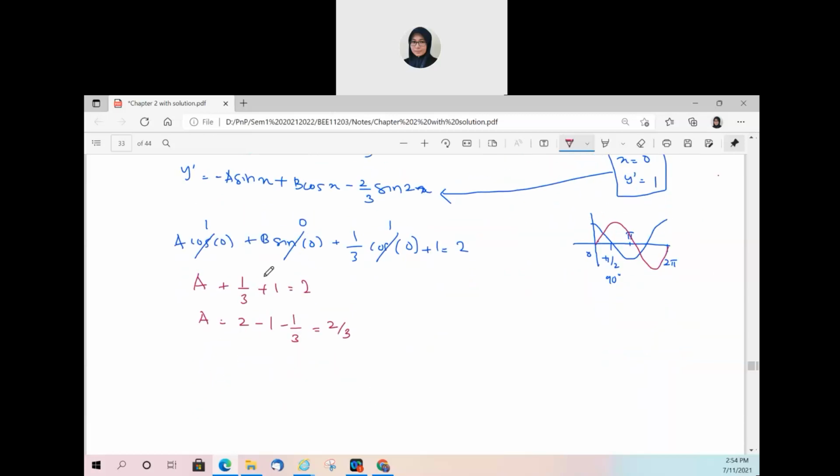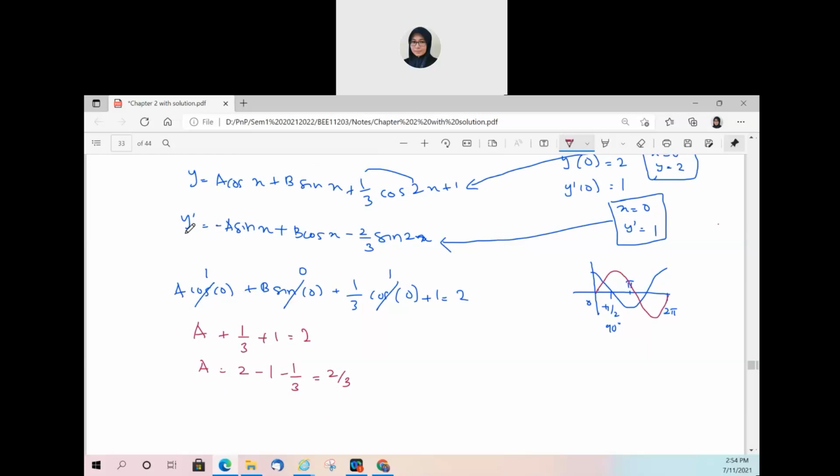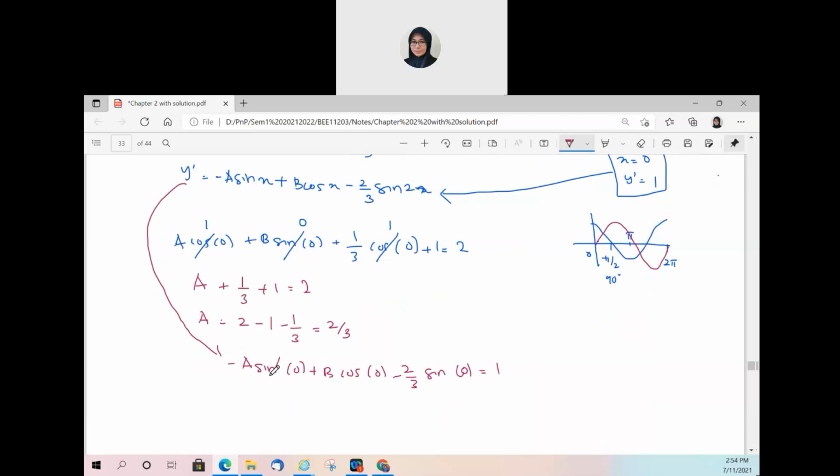Okay. Then here, these equations you replace with x equals 0 and y prime equals to 1. So minus A sine 0 plus B cos 0 minus 2 over 3 sine 0 equals to 1. Okay. So sine 0 is 0, cos 0 is 1, sine 0 is 0. So now we have B equals to 1. Okay. So we have A and B, and then